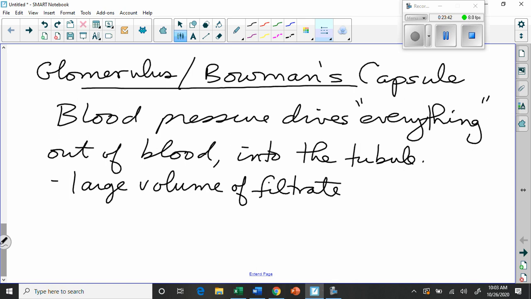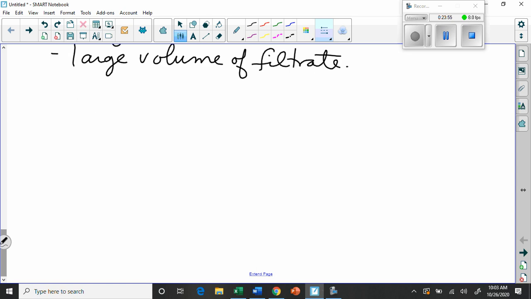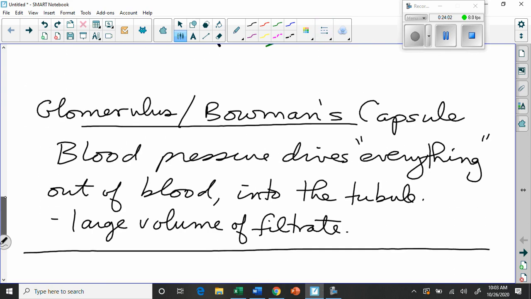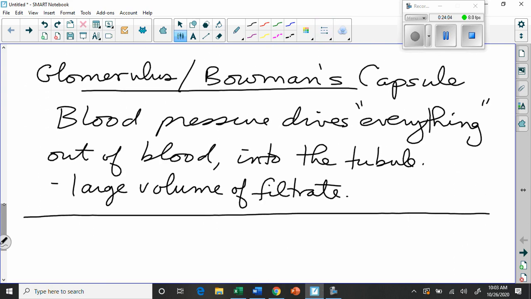When you've got all these little guys working together, remember there are up to 1 million of these in the kidney. They're all working together, sucking stuff out of the blood. Okay, so that's what's happening there basically. Then, yeah, I'll go back up. Then, we move on to the proximal tubule. And we've already kind of summarized that one in the last video, but I'll just write it again. So for the proximal tubule,